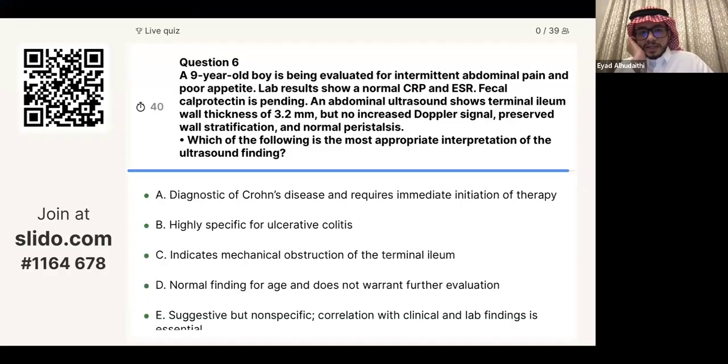An eye is being evaluated for intermittent abdominal pain and poor appetite. Labs show normal CRP and ESR. Fecal calprotectin is pending. Abdominal ultrasound shows terminal ileum wall thickness of 3.2, but no increased Doppler signal, preserved wall stratification, and normal peristalsis. Which of the following is the most appropriate interpretation? Diagnostic of Crohn's disease and require immediate initiation of therapy, highly specific for UC,